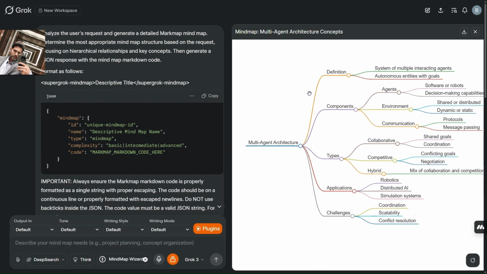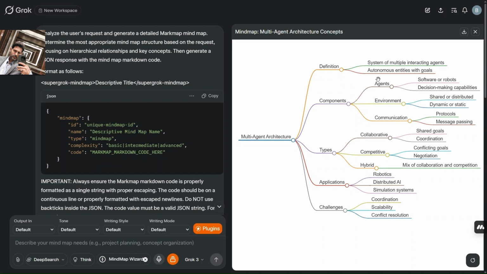So it automatically generated the description about that and started giving the mind map of multi-agent architecture, which is talking about the definition, components, type, applications, and challenges, and agents and environments and communication, collaborative, hybrid thinking, and robotic